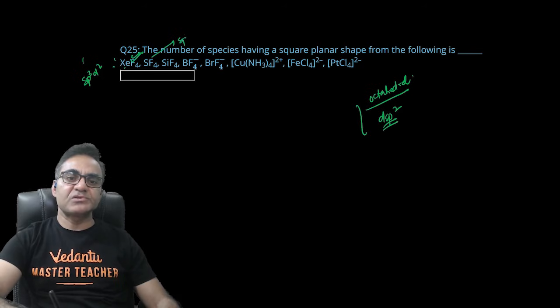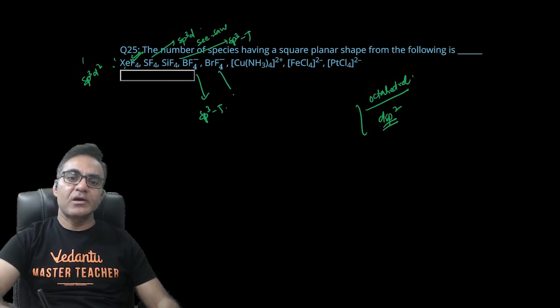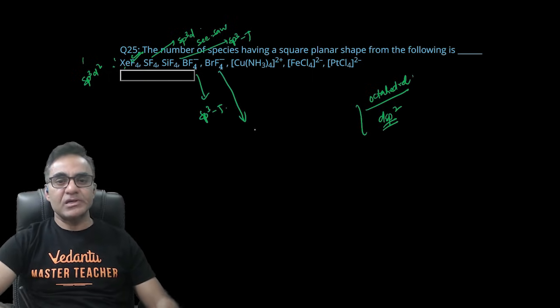SF4 एक्चुअली sp3d होता है और यहाँ पे sp3d में एक लोन पेयर सल्फर पे है, तो ये एक्चुअली सीसॉ स्ट्रक्चर होगा, तो ये आंसर में नहीं आएगा। SiF4 sp3 होता है, टेट्राहेड्रल हो गया। BF4⁻ sp3 होता है, टेट्राहेड्रल हो गया। BrF4⁻ में ब्रोमीन के पास कितने लोन पेयर होंगे,